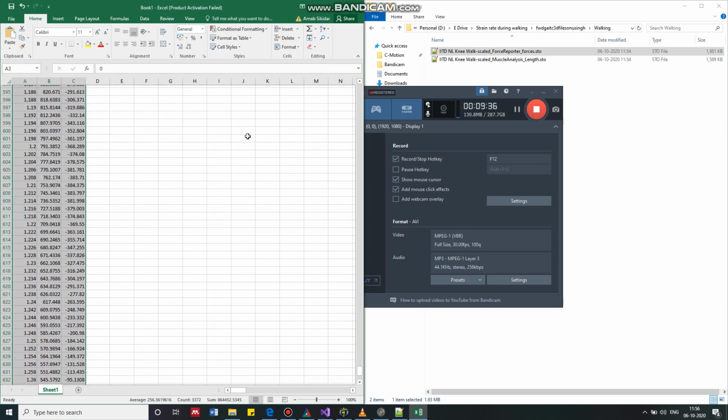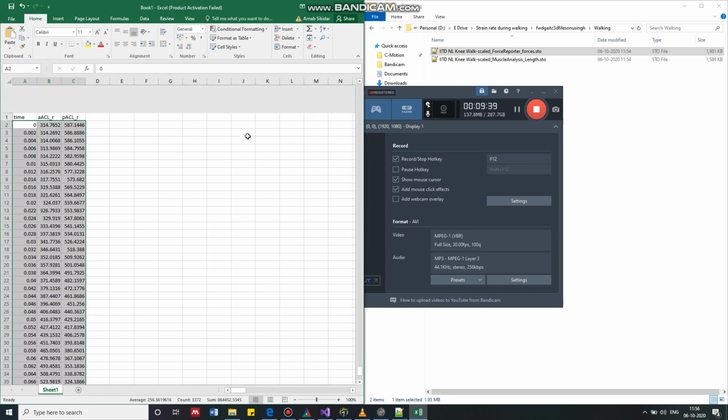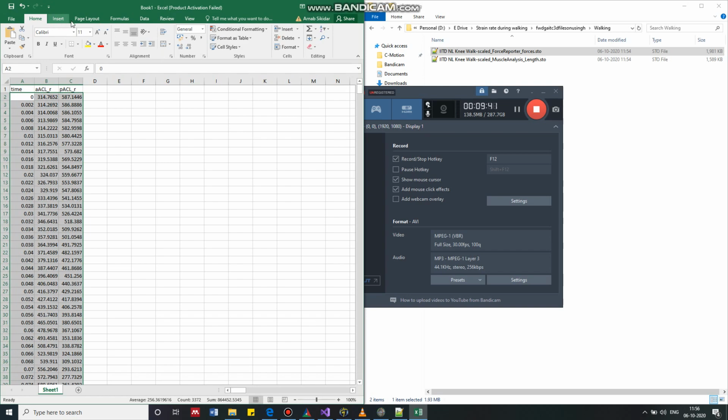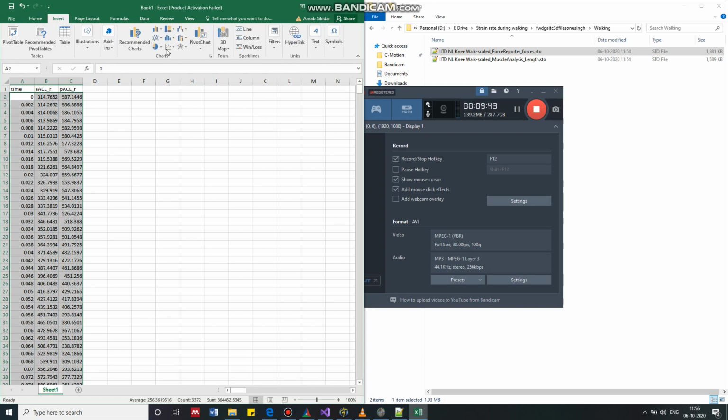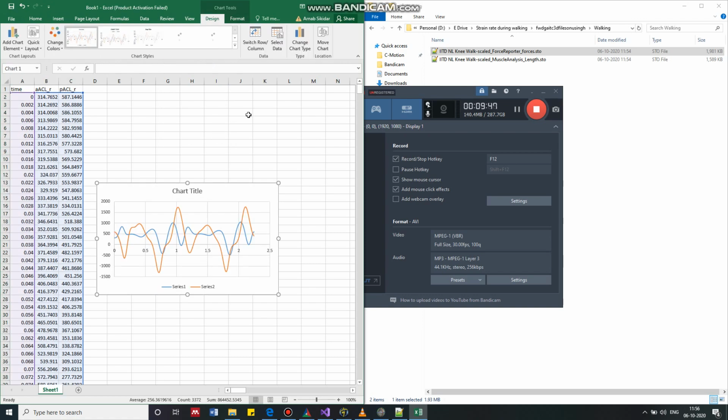And here we can plot it. Just select this and then click on insert, click plot. So here, this is basically the characteristics of the activity that we had right now. Force that is generated